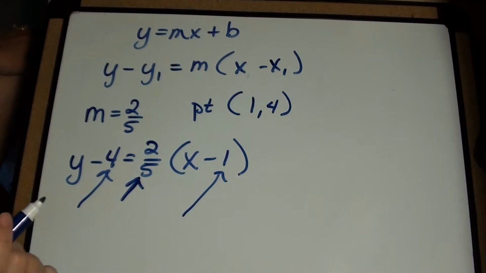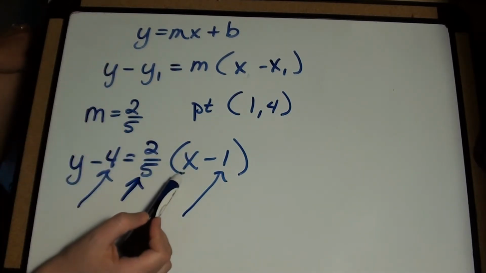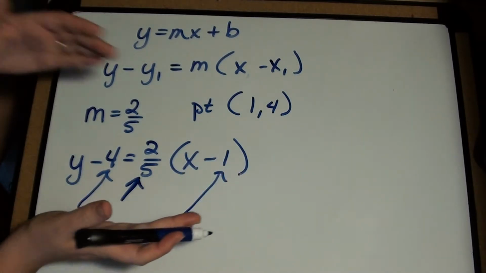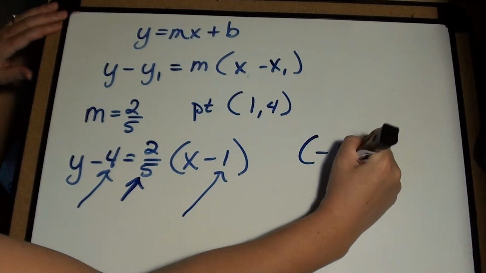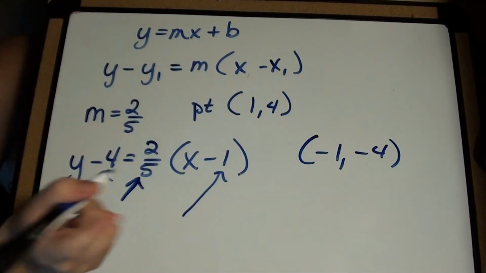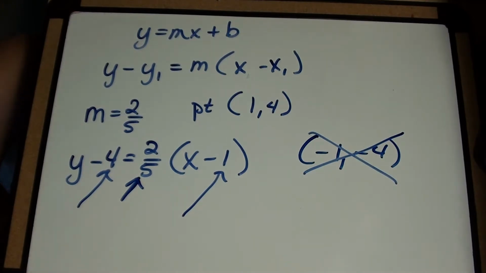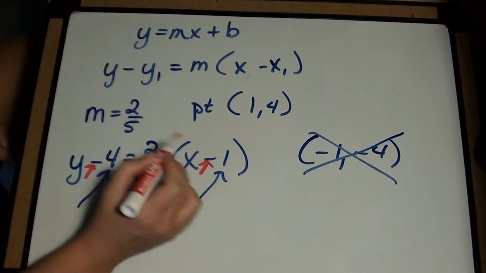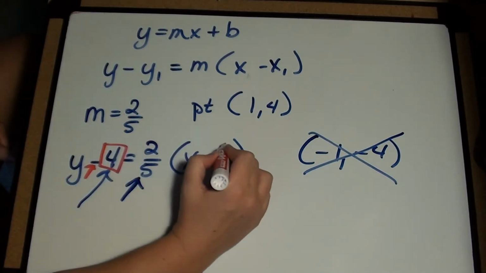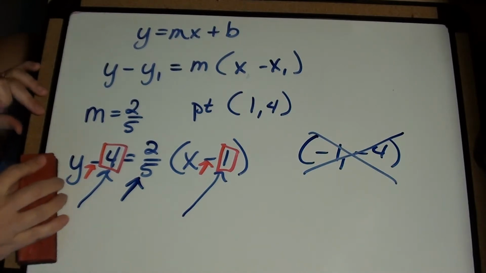What gets most kids is that these negatives must be here. They're here in the formula. So when I look at this, a lot of kids want to say, oh, if they were starting here and working back to get the point, they would say, oh, my x point is -1 and my y point is -4. Wrong. And the reason why that's wrong is this negative must stay here. We only look at this value as the x and this value as the y. So if we wanted to work backwards,